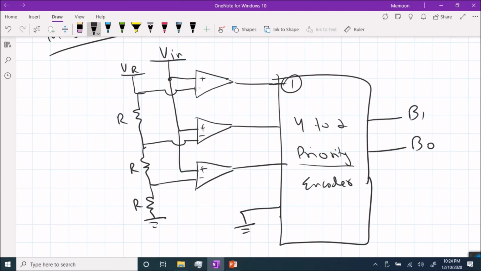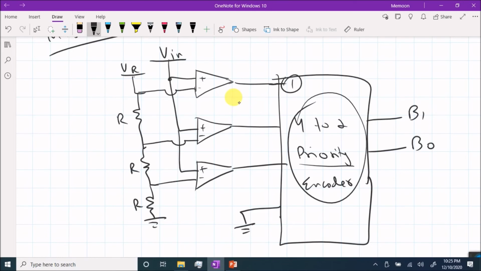There are still some flip-flops and latches and some sequential circuit inside this priority encoder. That sequential circuit has a clock, and that clock results in conversion time. So don't get confused that this is fairly simple and there shouldn't be any conversion time in this. There would be a conversion time, because inside this priority encoder is a sequential logic circuit that has a clock, and when there is a clock, there is a conversion time.